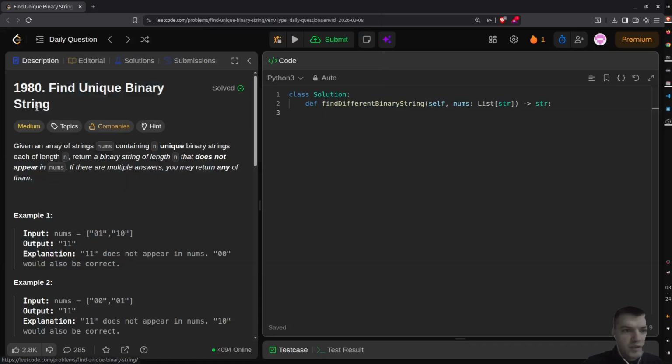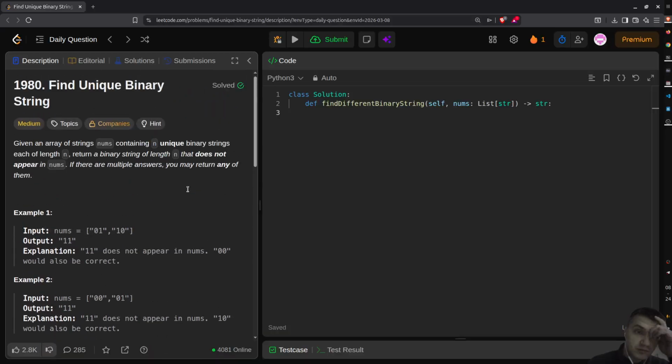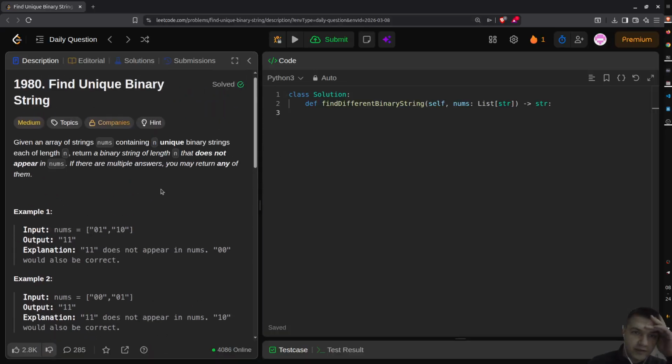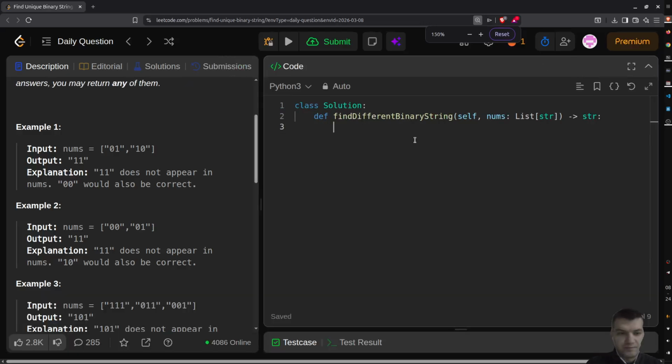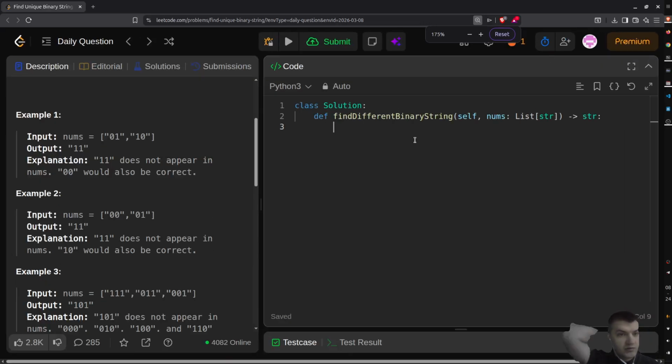Today's problem 918, find unique binary string. So the first idea that I had how to solve this problem is actually to convert these strings to binary numbers, and then check